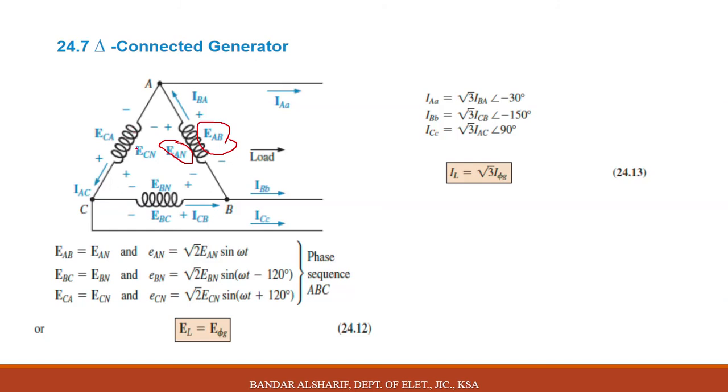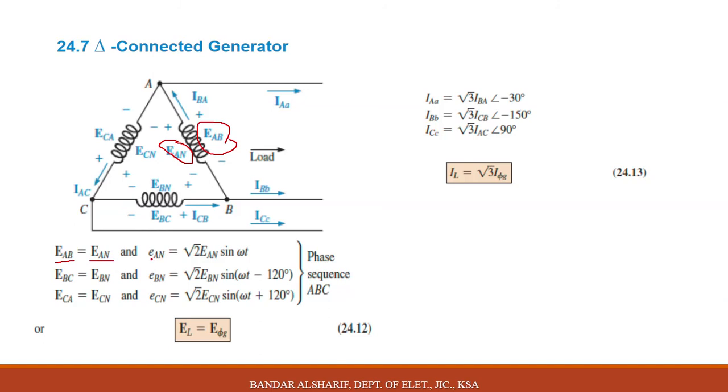Finally, for phase C, ECN for phase voltage and ECA for line voltage. In delta connection, it is the opposite of the Y connection. Here you can see the line voltage equals the phase voltage in magnitude, and the same thing as